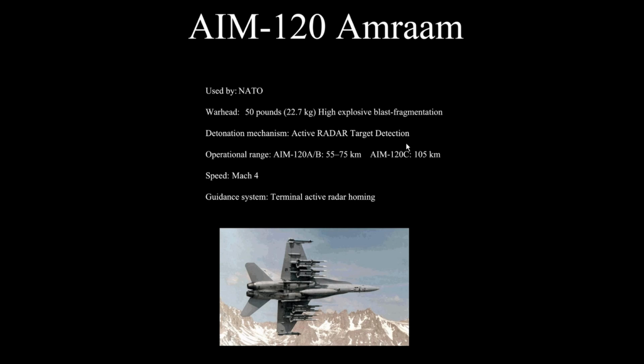Operational ranges, you have different variants of the AIM-120. You got the A and B, and you got the AIM-120C. The AIM-120 A and Bs are ranging 55 to 75 kilometers, and the AIM-120Cs are ranging about 105 kilometers. These missiles are reaching speeds of about Mach 4, and the guidance system is terminal active radar homing, which means that